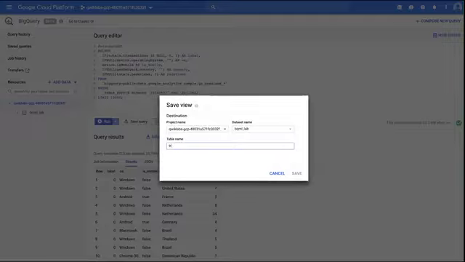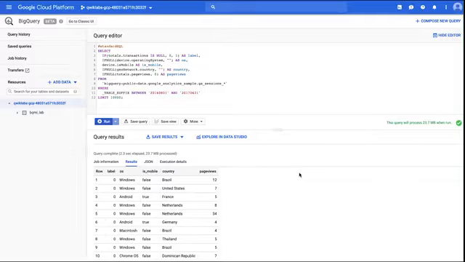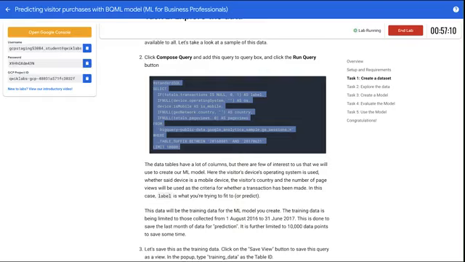So I'll name it training_data. Voila. So it says data saved. If I go under that data set, you'll see now that we have a new view called training data. So let's go back to the lab.